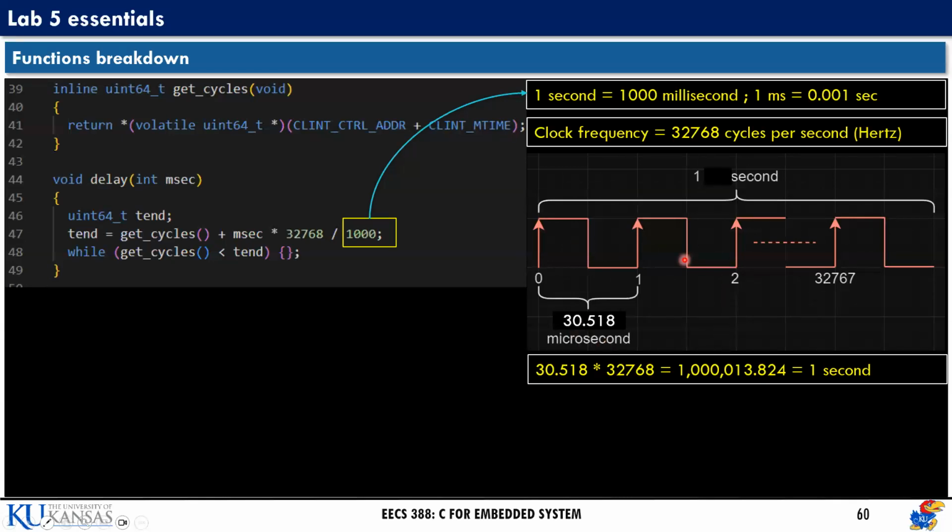And we have a total of 32,768 cycles. So if we multiply the microsecond by this number, we'll get 1 second. Now, if you understand how we are converting this frequency to seconds, and calculating the clock period from our frequency,